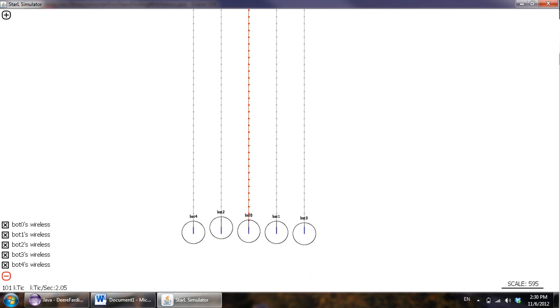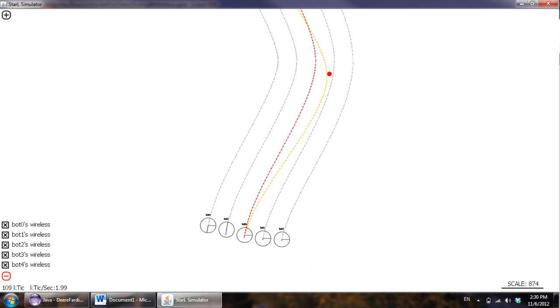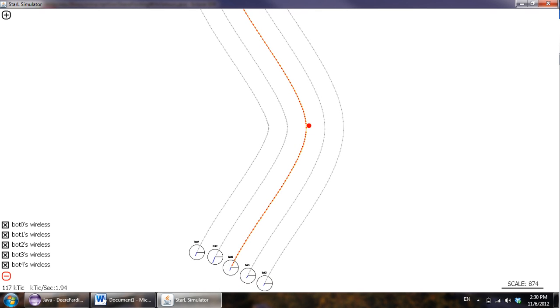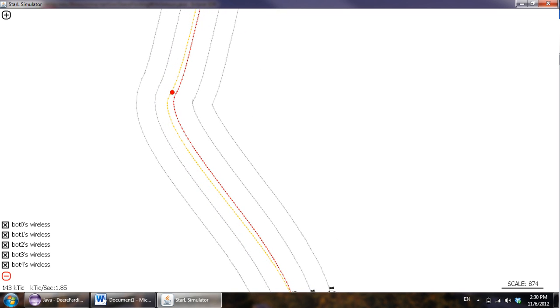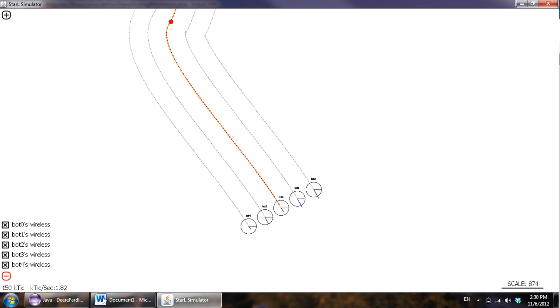Now by clicking on this screen, as you can see, this red dot that appears is the new detour point that I, as an operator, give to the flock, and then I require the leader to generate the paths for the followers and lead them towards this new waypoint. This simulator is simulating sending packets with delays, which is why we can see the path get moved from the original path to the final one. This happens very quickly under normal conditions, since wireless communication happens much faster than the physical